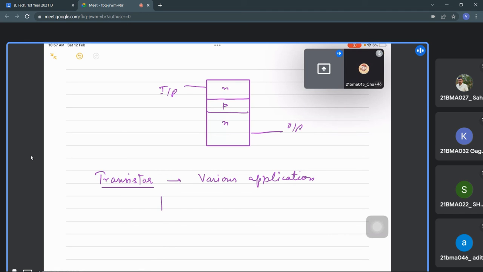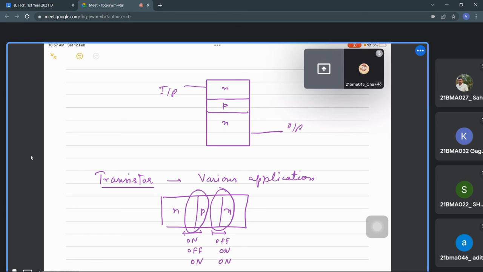और इसकी फंक्शनिंग में अगर आप देखो तो what we have is nothing but this is NPN, मतलब दो डायोड है एक तरह से, isn't it? जिनको या तो ऑन कर रहे हैं या ऑफ कर रहे हैं. एक को ऑफ किया, दूसरे को ऑन किया, ये दोनों ऑन कर दिए. ओके, और दोनों ही ऑफ कर दिए. So this is active region, this is inverted region, invert of that. If both are on, it is saturation, and both are off, it is cut off.